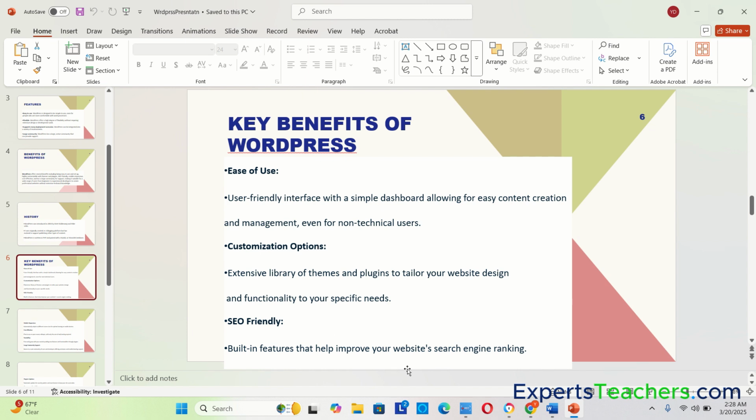Building those websites by coding is somewhat difficult. As compared to that, this is very easy with WordPress because there's no need of doing any coding